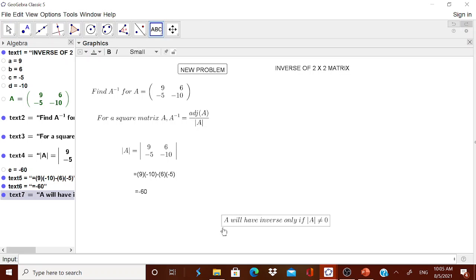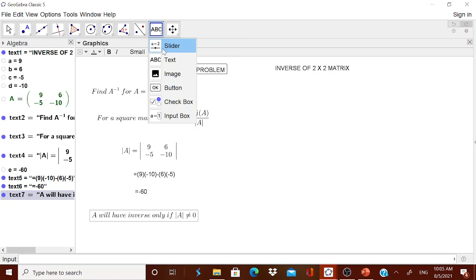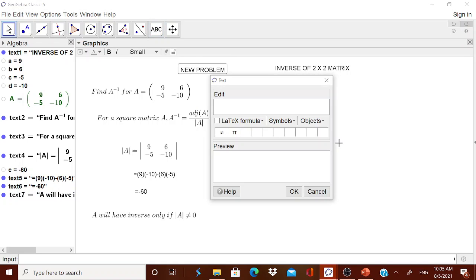Okay, this condition if you put it over here, the child will have a clear idea that there will be an inverse and all. Okay, now you know the formula for adjoint. You have to simply change the positions and all. But again, you go for this ABC text. You can directly declare what is adjoint of A. Adjoint of A. Better go for latex formula. Adjoint of A. Have a space. Then go to is equal to, have it a little bit nice.